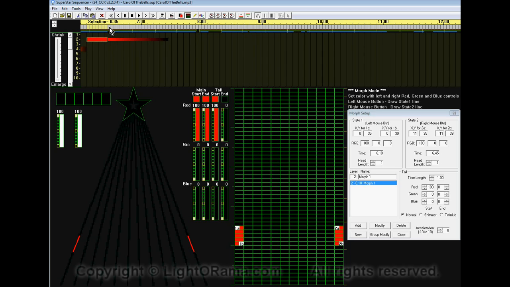Now for the second effect, I'm going to mark a time at the second timing mark, and I want it to go the other direction. I'm going to start with the click and drag on the left mouse button over here, click and drag with the right mouse button over here. So now 1A and 1B are over here, 2A, 2B are over here. We click on Add, and this morph is going to go from right to left. If we play that,